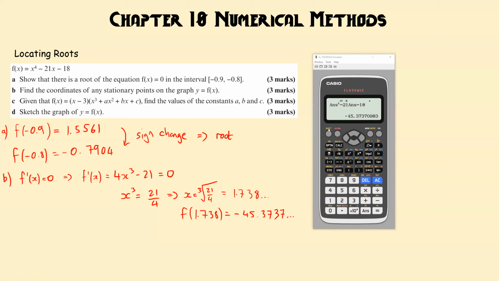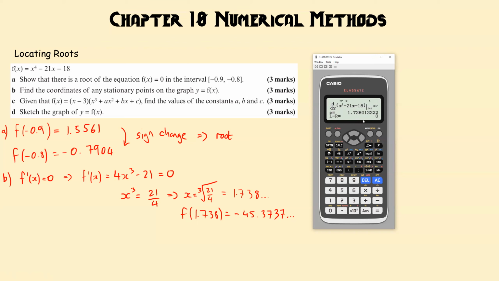Another way that I will mention about solving that, you could of course code your calculator. So you can say, okay, I want to differentiate x to the 4 minus 21x minus 18. So that's basically getting it to differentiate it. I don't know where it is, so I want to find out when is this x. So I want it to solve for that. I want to know when this equals 0. So I'm just going to put here equals 0 and then go shift solve. If I just press equals, it doesn't matter what you put in here really. Press equals and it should tell me,